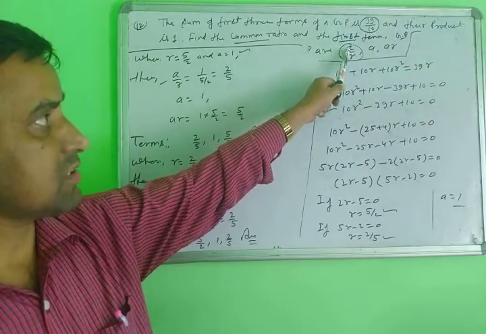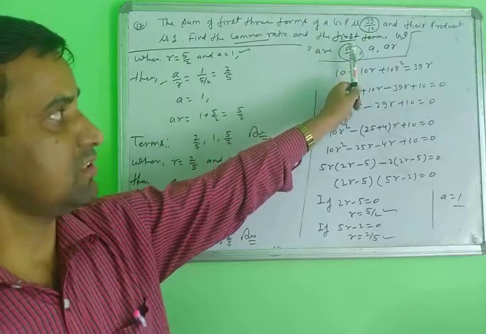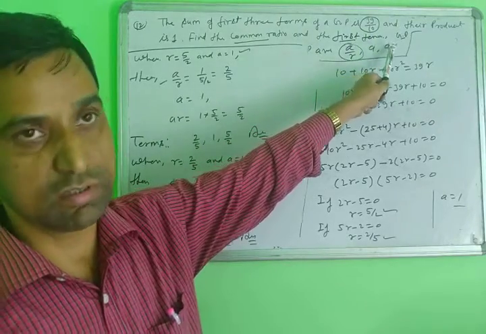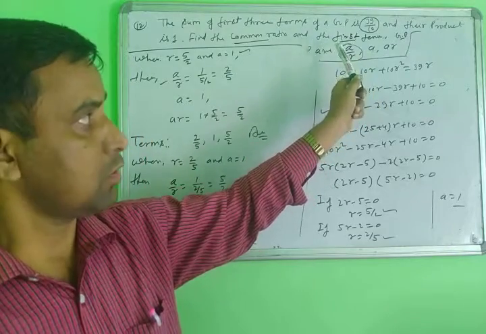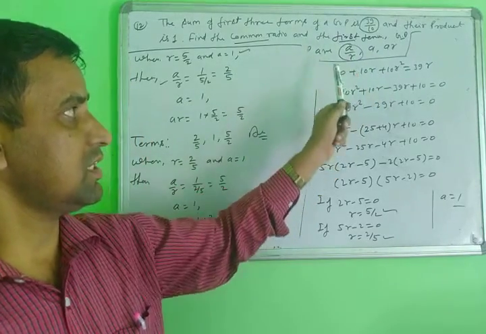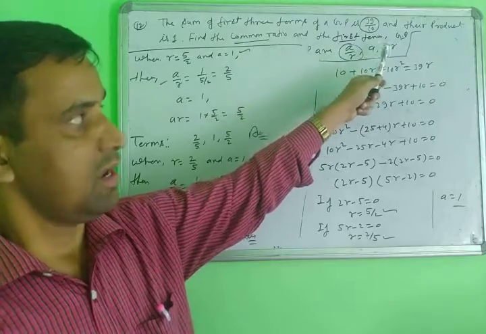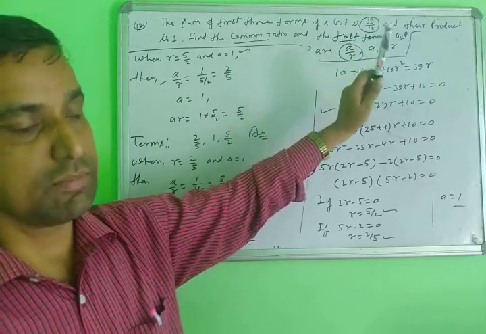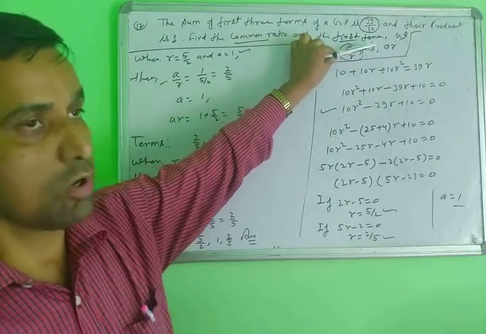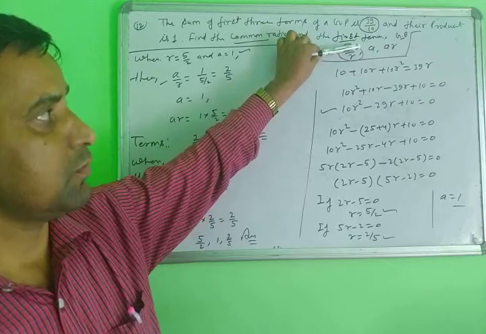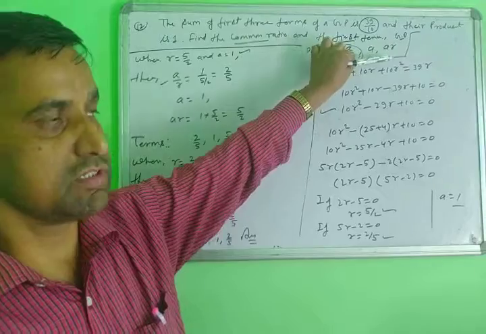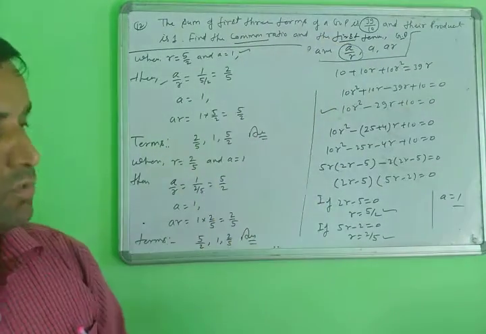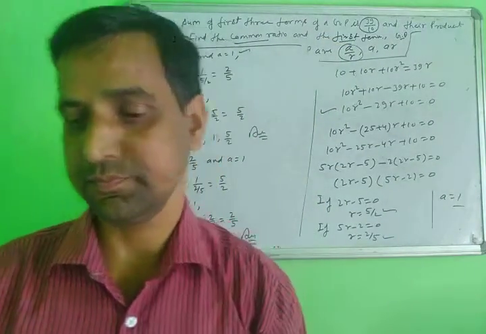What is the first term? You will focus on what is the first term, what is the second term, what is the third term. Always put in these three values. Don't change them; don't change it to AR square. Suppose you put it this way, the answer will come out wrong. This is the property of the GP. So when you require any three terms of the GP, put in these fixed three values, then solve the questions. Just note it down.